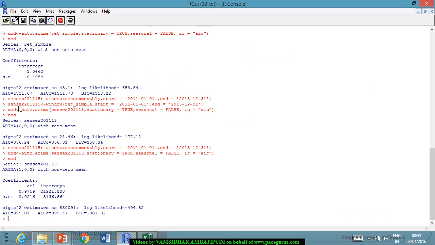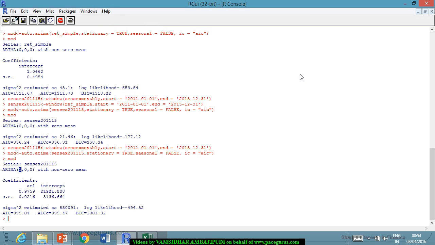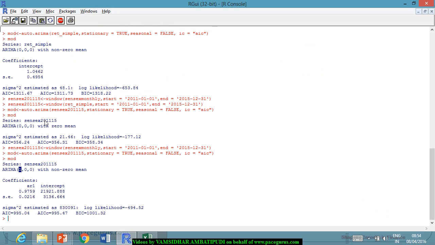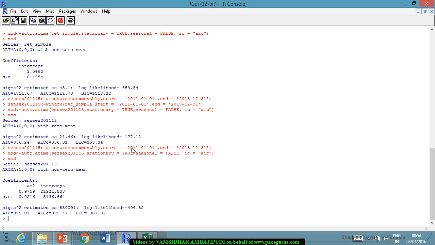The price at time period T is dependent on AR1, which means it is dependent on the price at time period T minus 1, but it is nowhere dependent on any other error term. If it had been dependent on any other error terms, we could have got MA as a part of the model, which means this particular number would not have been 0, it would have been a non-zero term. Right? So here this is coming out as ARIMA